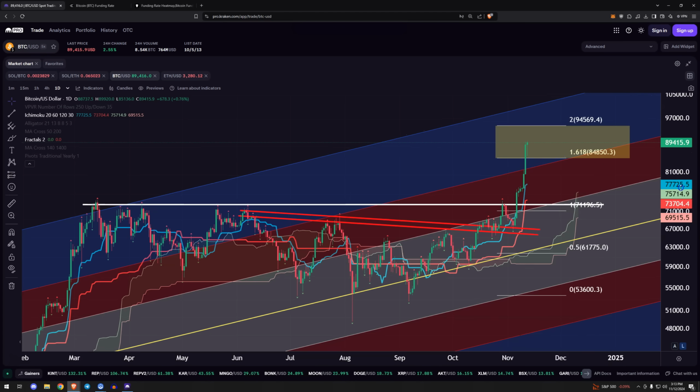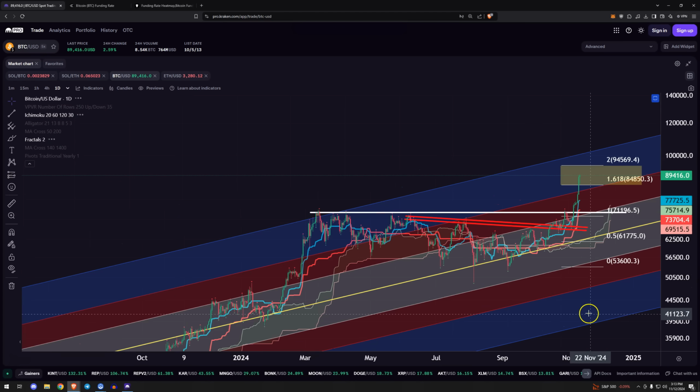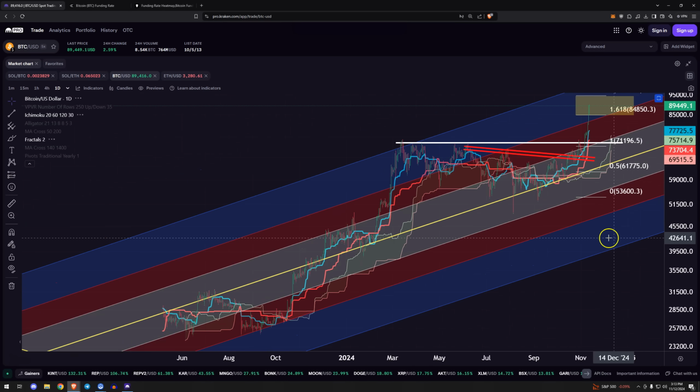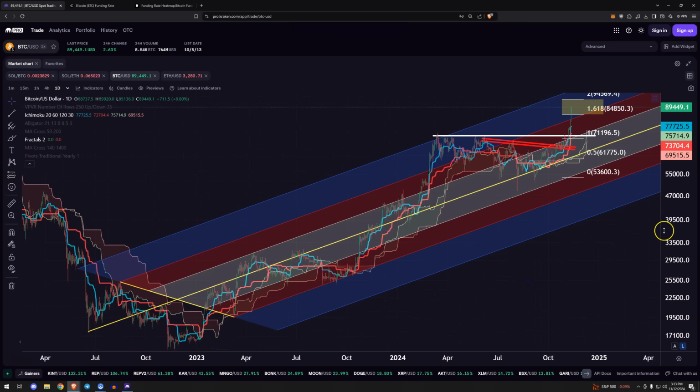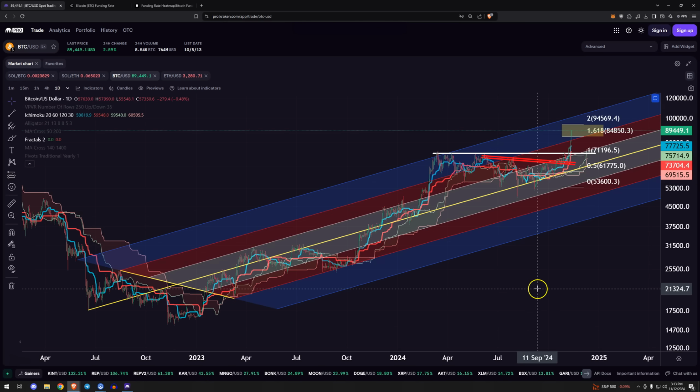The other issue I've got with this currently from the long side, this can always keep going to infinity. That's not the point here. The point is we want to trade this and not overtrade it, but we want to be smart about our risk. So my other issue here is if we look at this pitchfork, it's just a trend channel. And what we saw in March, something similar. Now, to be fair to March, we didn't consolidate for 7 months before the breakout. That's really the difference maker here. We did consolidate for 7 months in 2023 before that breakout.